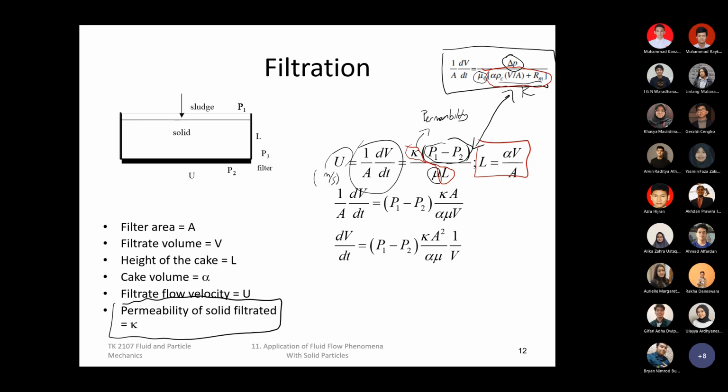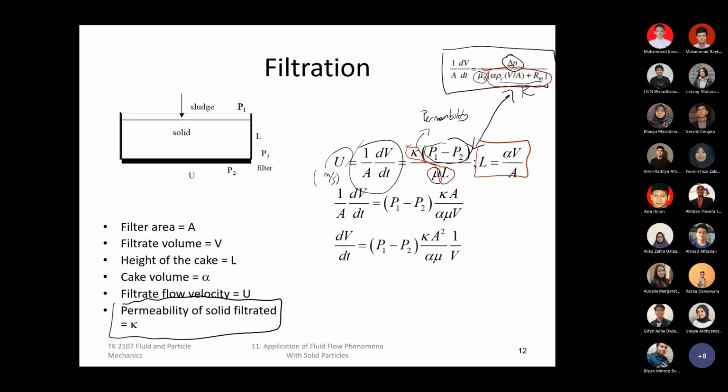Do you have the measurement of the resistance? Do you have the measurement of the density? Do you have the measurement of the specific resistance of the materials? Or do you directly measure the permeability of the solid as kappa? Okay, so it's not a big difference. It's just matching with what's available in your exercise, in your case.